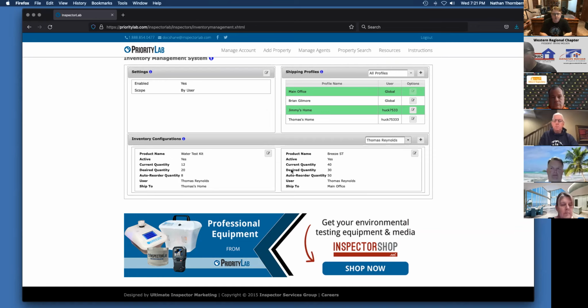My suggestion to you is that you have every single one of your guys set up in here with a shipping profile, with an inventory configuration for the Breeze STs, for the Breeze E-tape, for the Breeze S2, which is our swabs. And that at least, if you offer radon testing and you either as a backup or as a primary use liquid scintillation, we have those in the system as well. And we also have cassettes for asbestos air testing and water testing kits and those sorts of things. So that's kind of it. There is a money saving